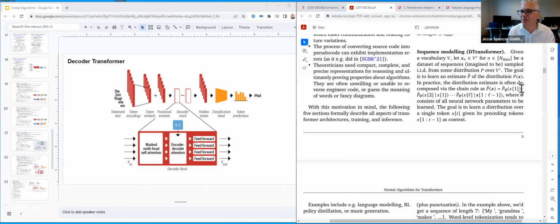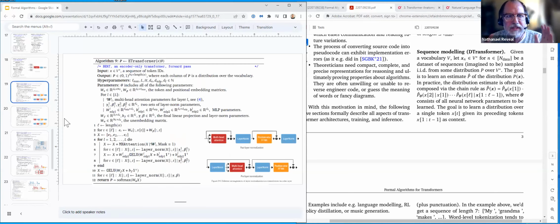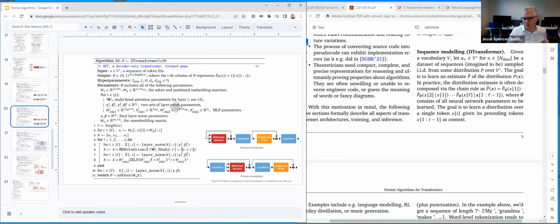Nathaniel. Hi. So I had a question about the hyperparameter L sub max, which I understand to be the maximum sequence length. Yes. Which I understand to be related to the sequence encoding. Yes? No? Only